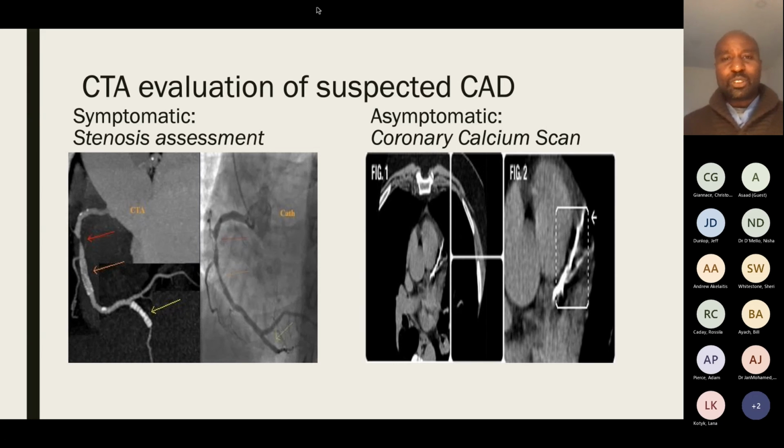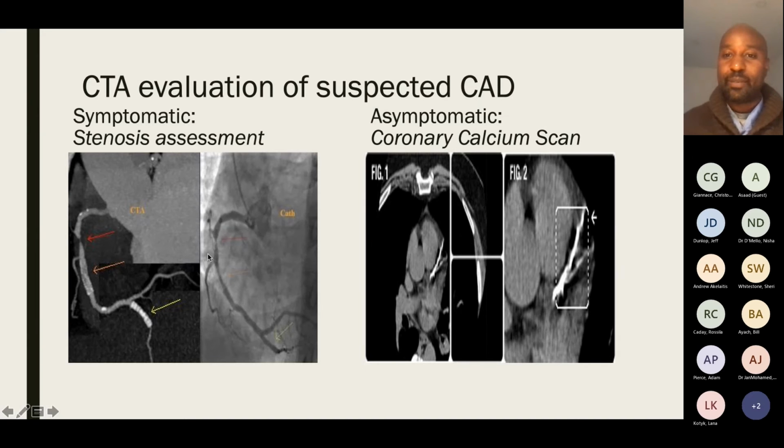As I'm sure most of you are familiar, the bread and butter of what cardiac CT gets ordered for these days is for symptomatic patients where it's not clear whether the symptoms are due to cardiac ischemia or not. We tend to order contrast CT angiography for stenosis assessment to basically rule out obstructive coronary artery disease. And here you see a CT image of a proximal RCA stenosis that corresponds quite well with